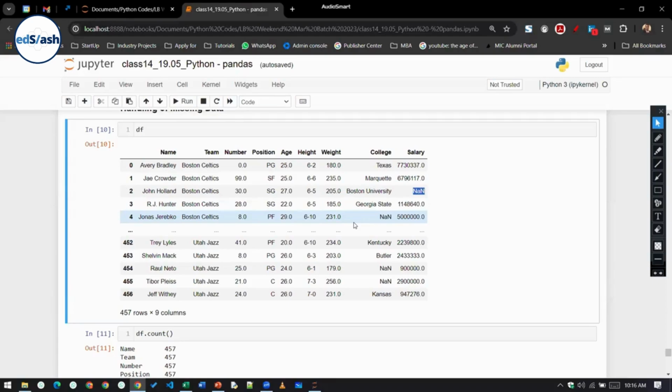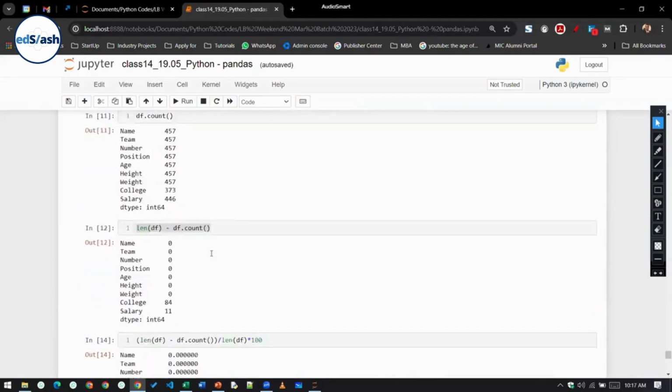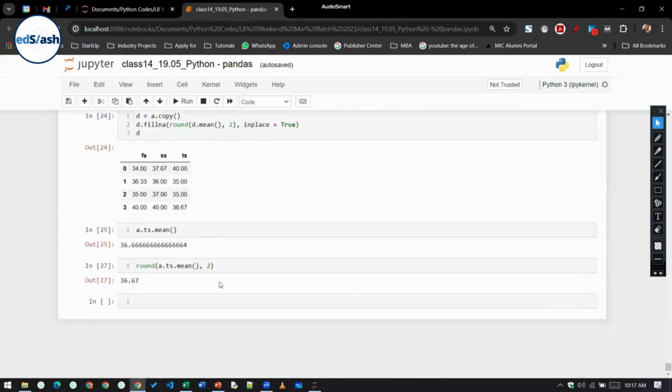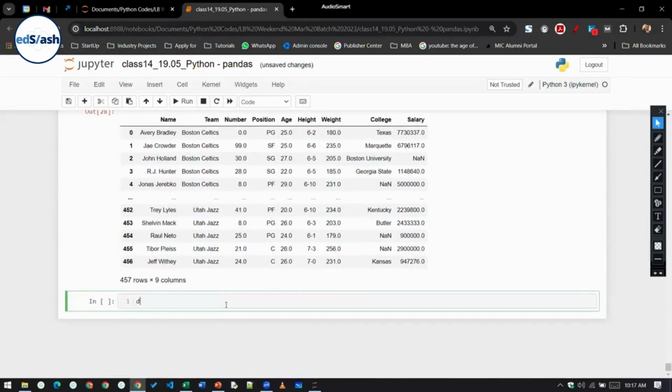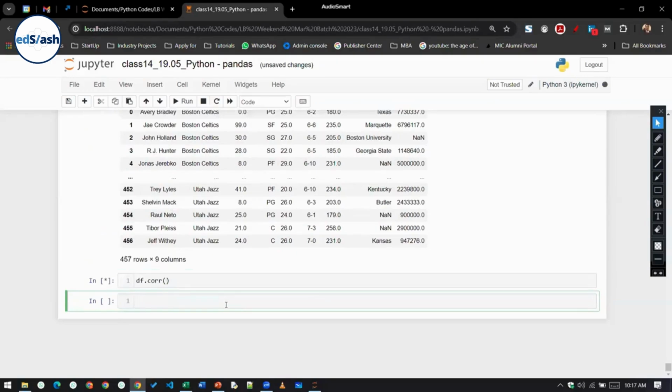So we can be more accurate, as much as possible. We can be closer to the correct value. Obviously, we cannot say whether it is a correct value or not. But one more thing that we can do: let me quickly show you. Suppose df, the data frame, is here. What I can do is write df.corr. So corr basically, class, what it does,